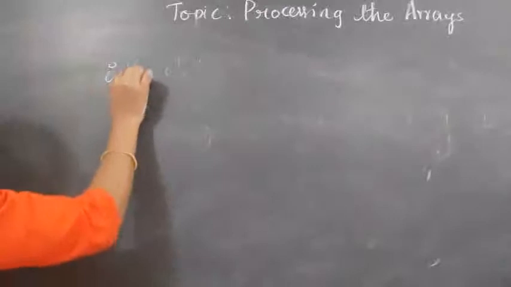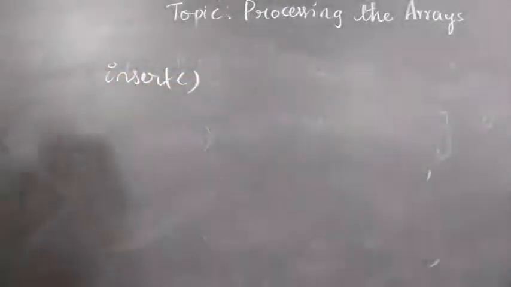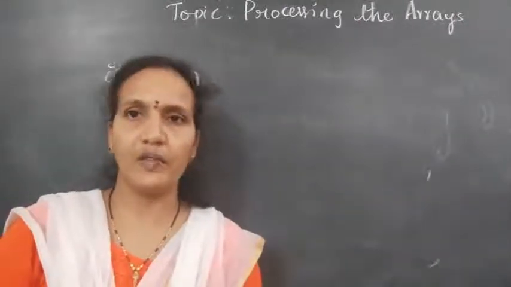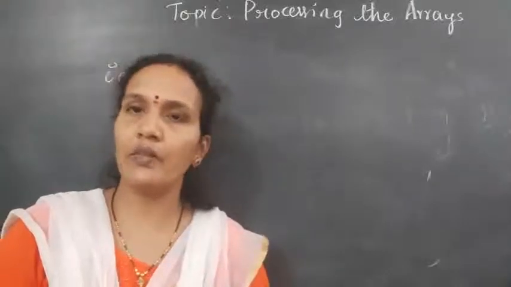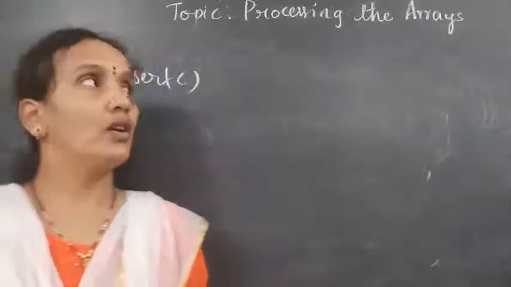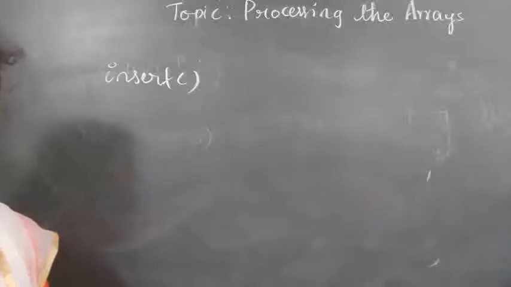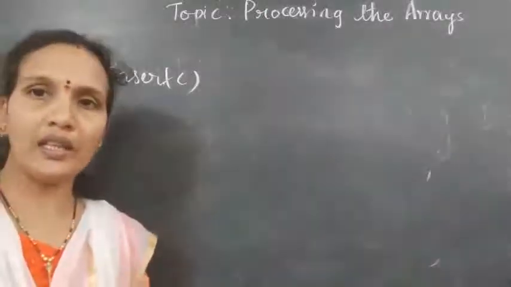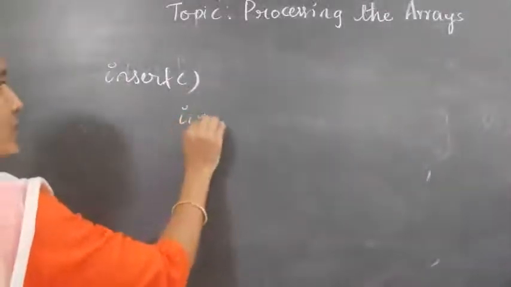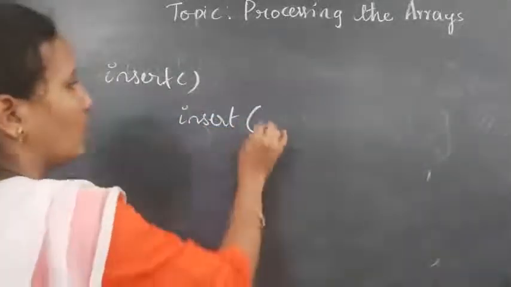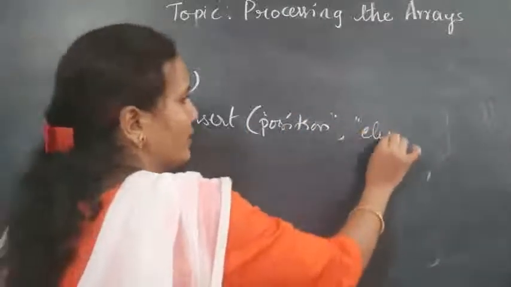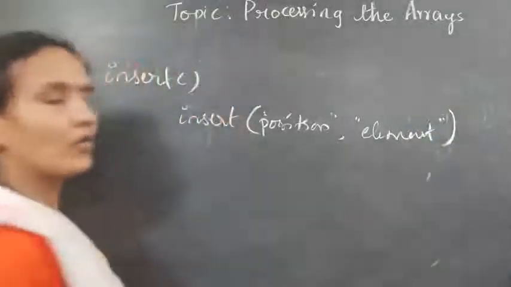What is the next method? Insert. Okay. So what is the use of the insert method? Insert method is used to insert a particular element in the given position. After creating an array, I will give you the syntax for how to insert an element in a given position. First you take down the syntax: insert, next position, this is the syntax as it is you write, comma, element. Okay, you write down this.